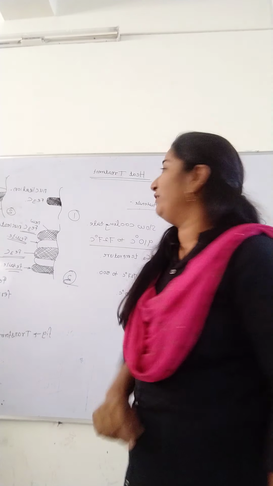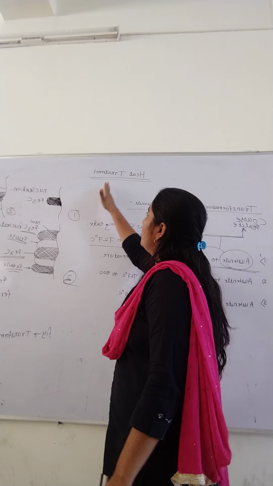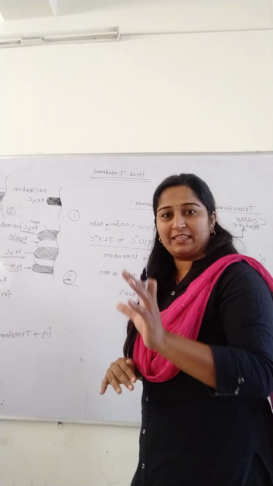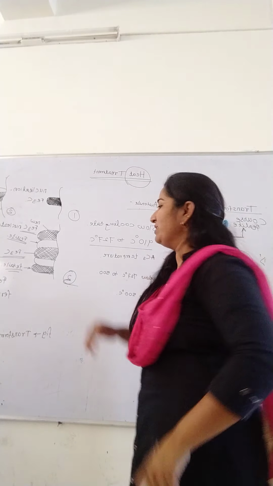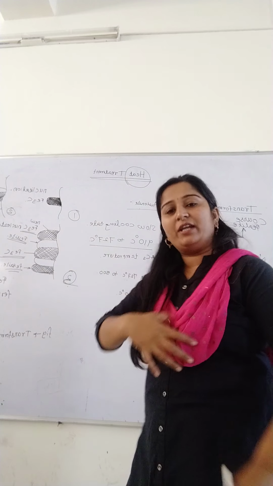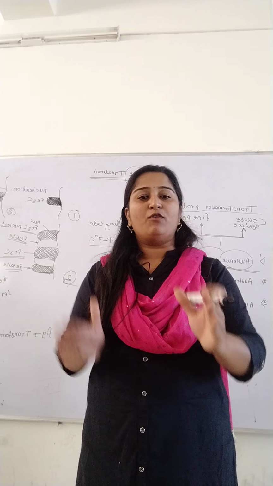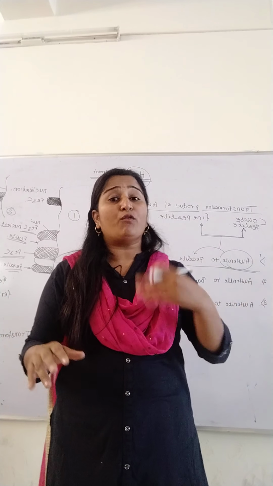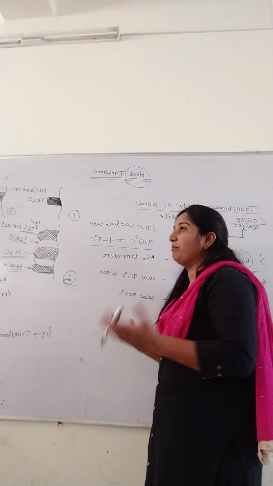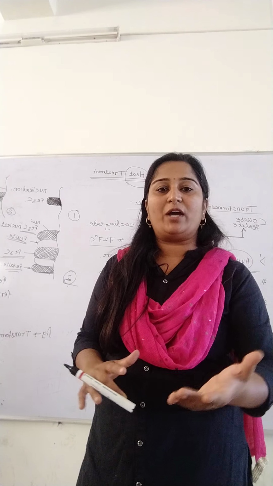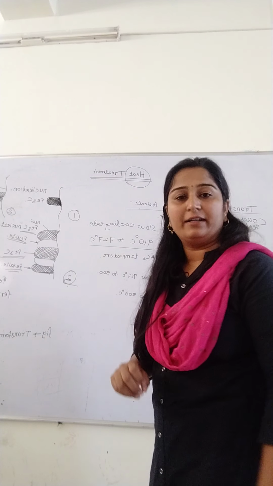Now, if you go through the definition of heat treatment carefully, heat treatment means you are going to treat anything by giving heat. Means we are going to treat the metal by means of heat. How can we do it? For a specific temperature we have to heat the metal, and then for a specific cooling rate we are going to cool it. For what purpose are we doing it? We are doing it to get the desired microstructure that we require. For that purpose we treat the metal by means of heat. It is called heat treatment.